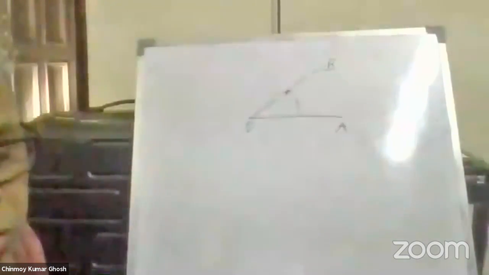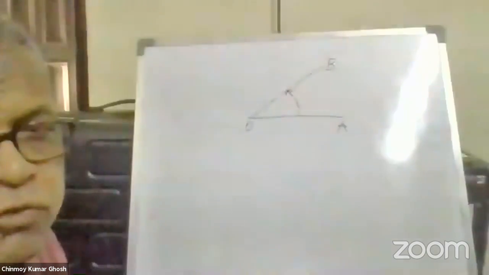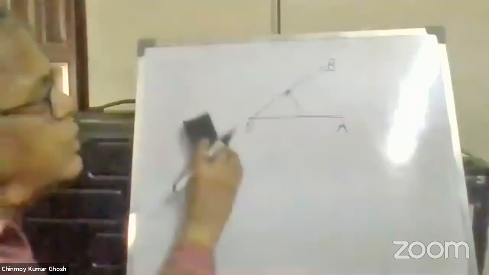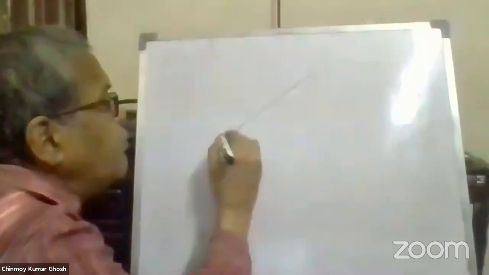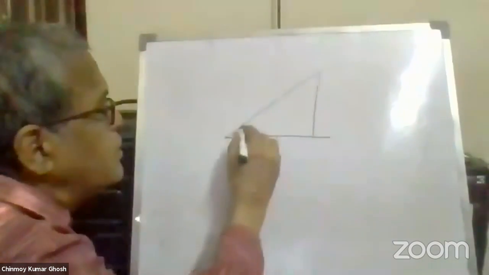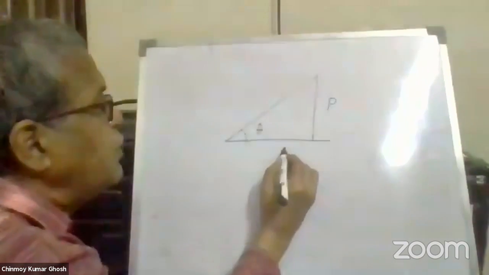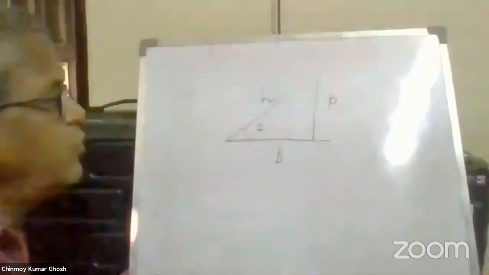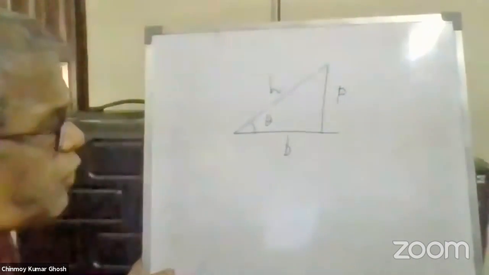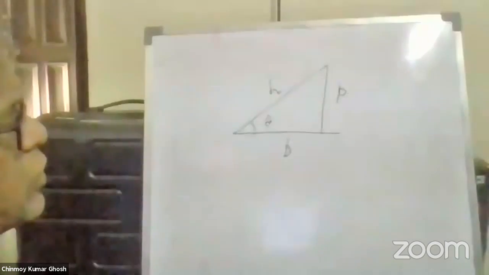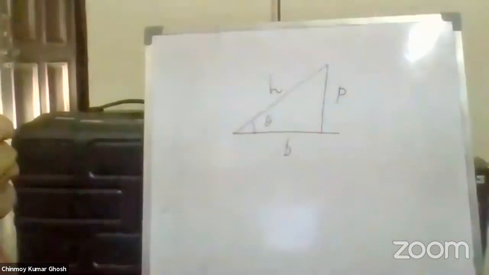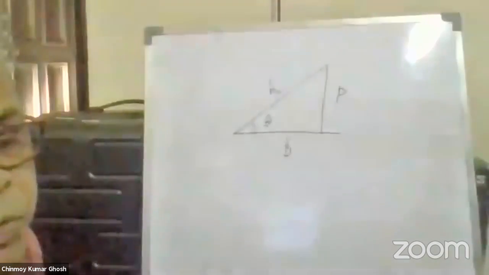Now, this becomes all the more crucial when you go to define the trigonometrical ratios. The trigonometrical ratios, sine theta, cosine theta, tan theta, as we had learned, were all described in terms of a right angle triangle. Say this angle is theta. We say that this is perpendicular, this is base, and this is hypotenuse. Now, fixing the hypotenuse is fine. It is the straight line opposite to the right angle. But how can you fix the terms perpendicular and base?